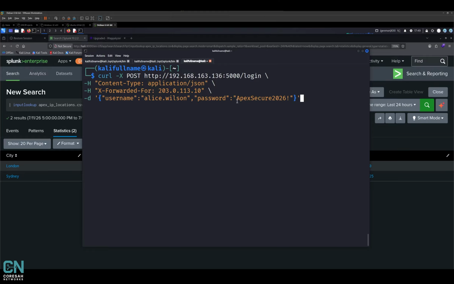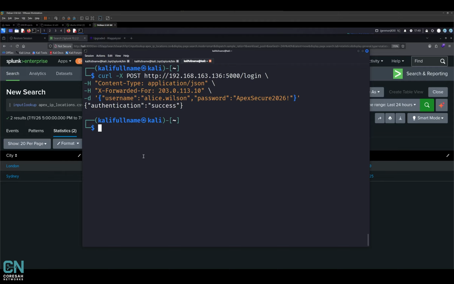Let's enter that, and as you can see, authentication is successful. For this lab, I'm using the X-Forwarded-For header to generate the simulated source IP telemetry. In a production environment, this header should only be trusted when it's inserted or